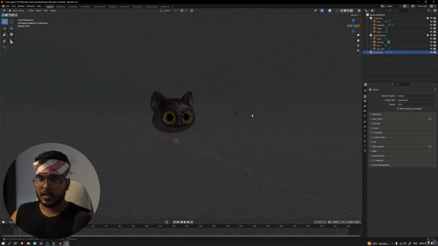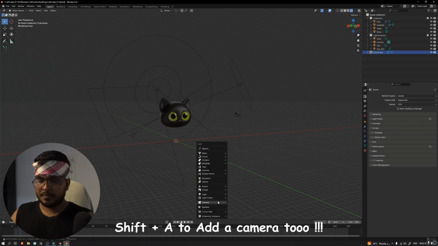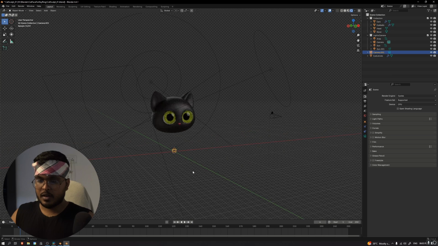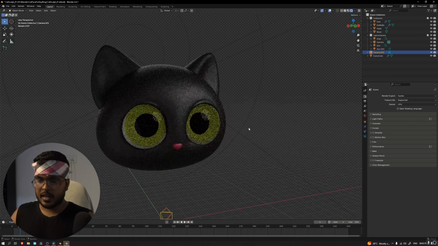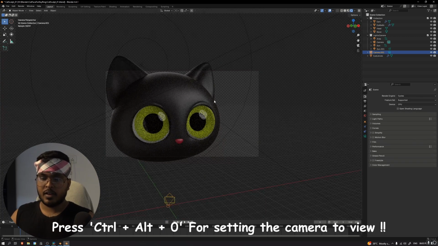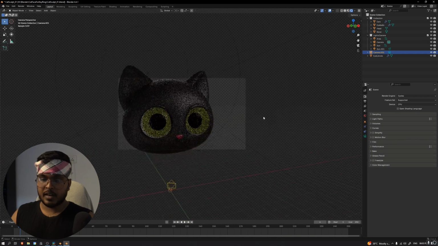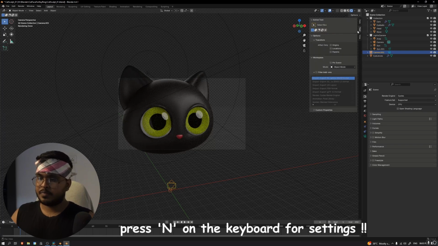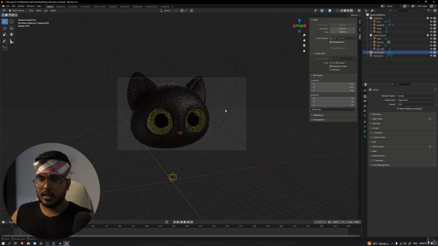And if you want to create a camera, just Shift A, then camera is here, and if you set your viewport like this and press Ctrl Alt 0, you can see that your camera is here, but right now if you try to edit it, it will get messed up. So for that you have to press N and go to this View, Camera to View, turn it on,